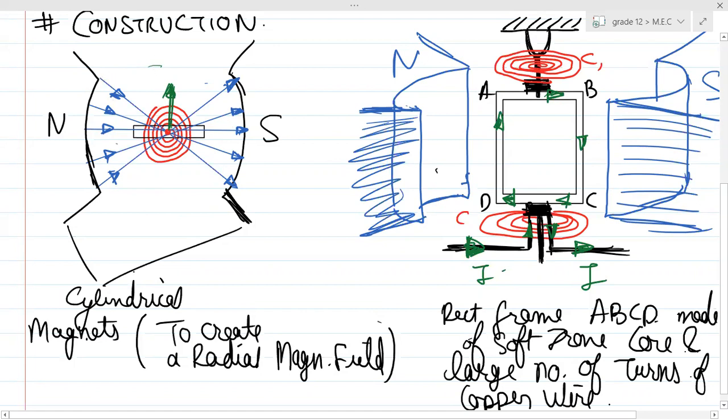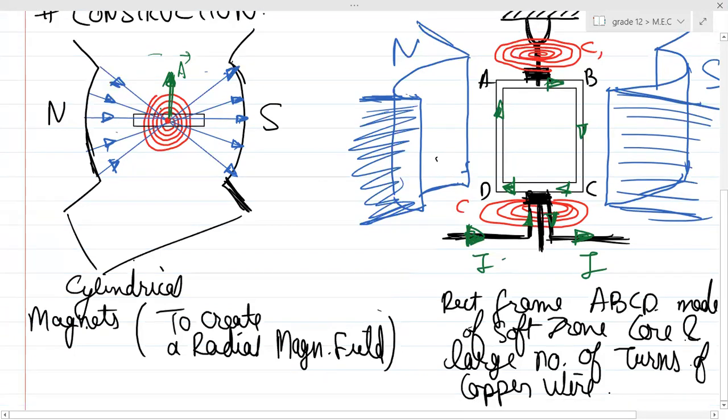So can you see, with this particular arrangement you create a radial magnetic field for any type of area vector, whether it is like this, and suppose this thing rotates, the area vector will be pointing in that direction, right? So for every possible direction, the cylindrical magnet is to create a radial magnetic field so that